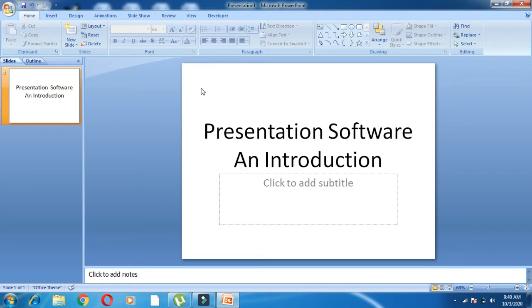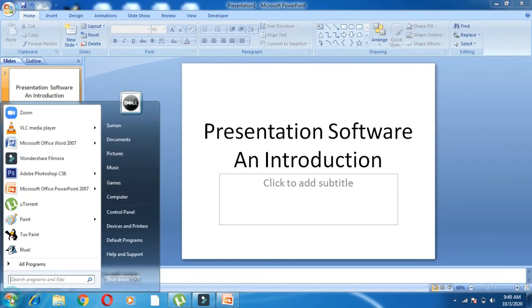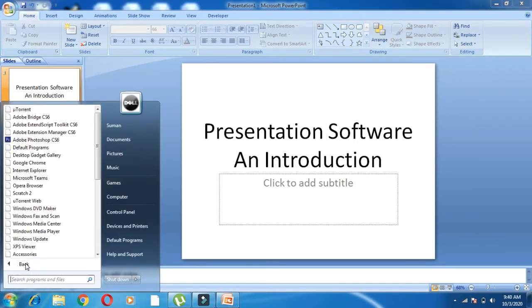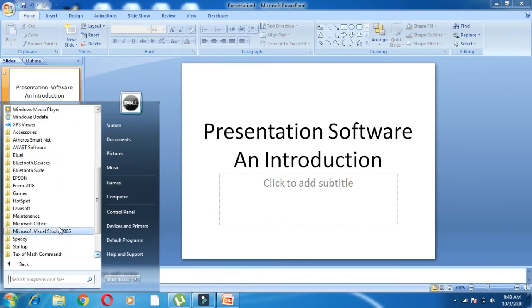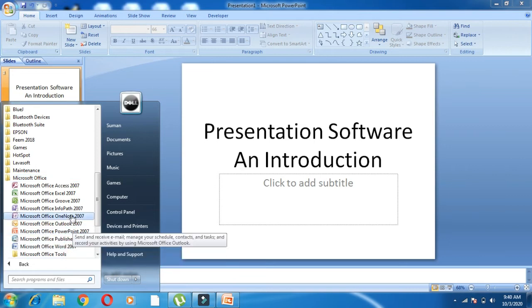So children, first of all, how to start? You have to click on the start button, then All Programs, then go for Microsoft Office. Search for Microsoft Office. Then inside Microsoft Office, you get Microsoft Office PowerPoint. In my computer it is 2007, maybe yours is 2010 or 15, it doesn't matter.